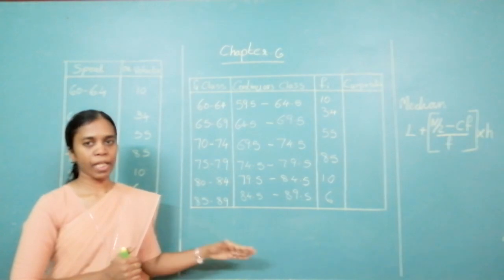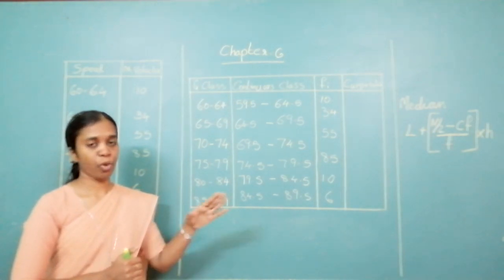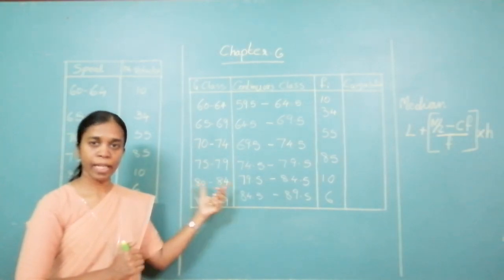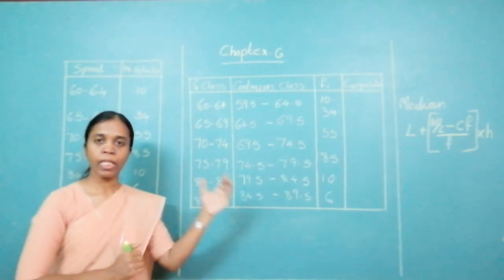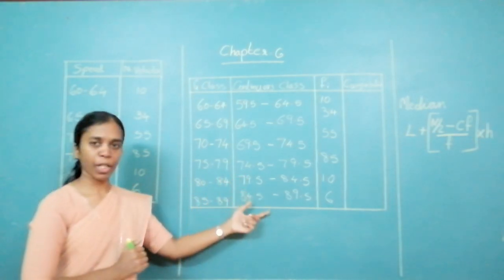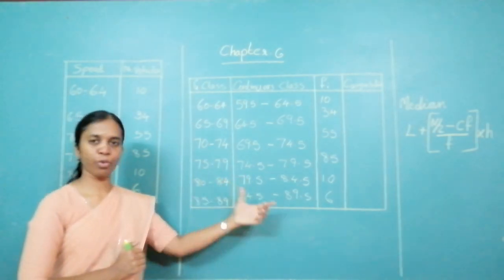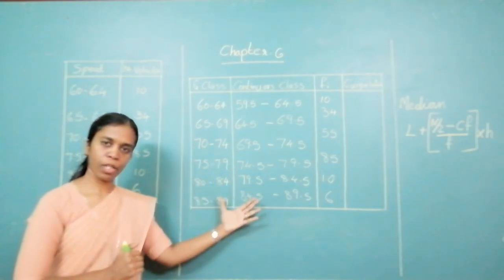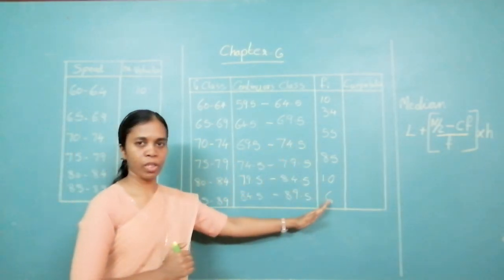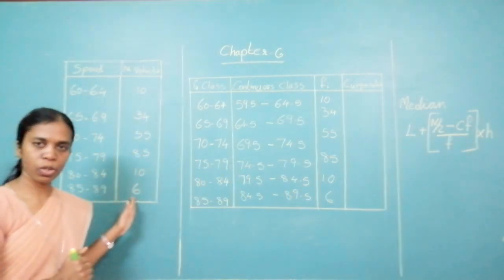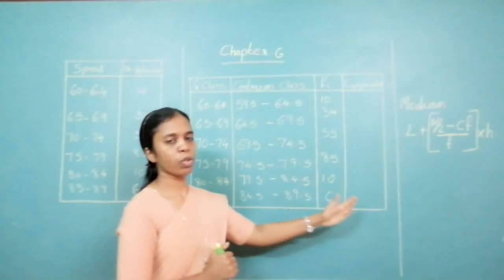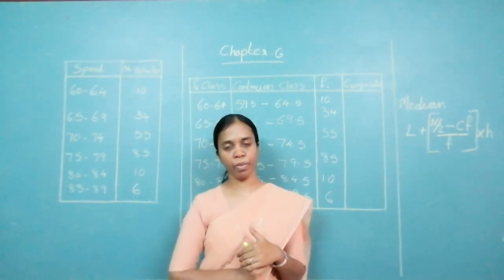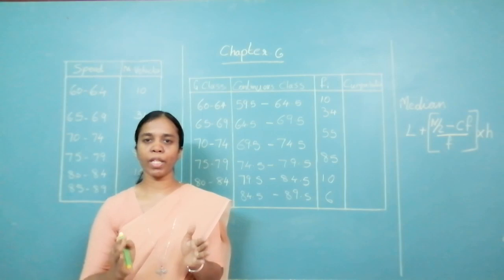Now, in the table, again it has 4 columns. First, the given class. Second, the continuous class. Suppose you are already given a continuous class, then you don't have 4 columns, you will have only 3 columns. Given class, continuous class. Next is the frequency, as it is given in the question. Now the last column here is cumulative frequency, less than type. What do you understand by cumulative frequency?